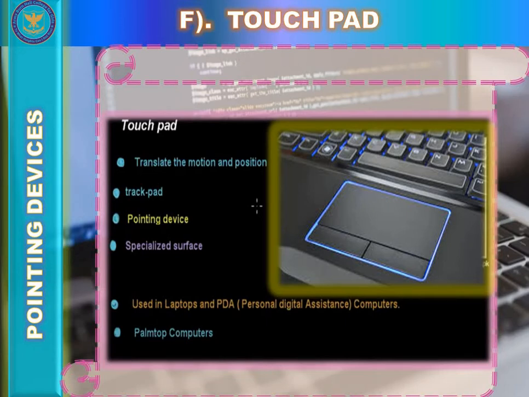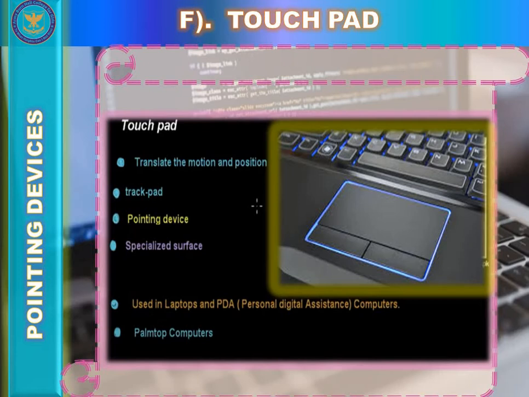A touchpad is operated by using your finger and dragging it across the flat surface of the touchpad. As you move your finger on the surface, the mouse cursor moves in that same direction. Like most computer mice, the touchpad also has two buttons below the touch surface that allow you to left click or right click. You can also say that a touchpad is a device that translates the motion of fingers on a surface into a relative position of the cursor on the screen.